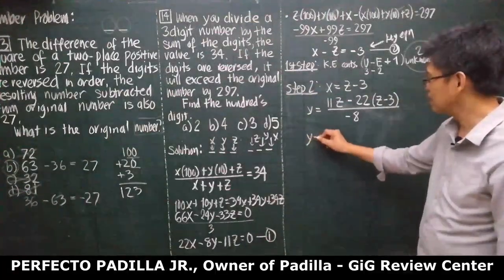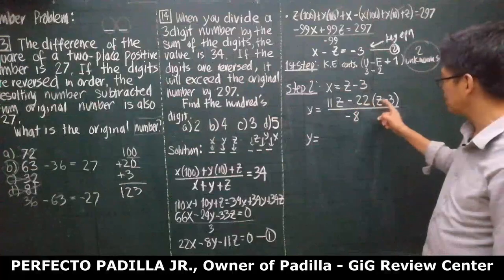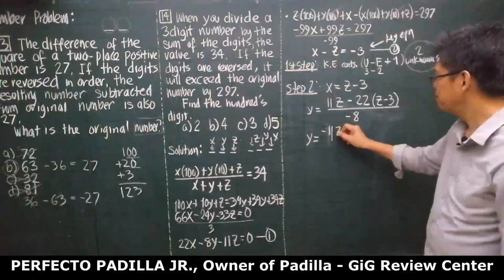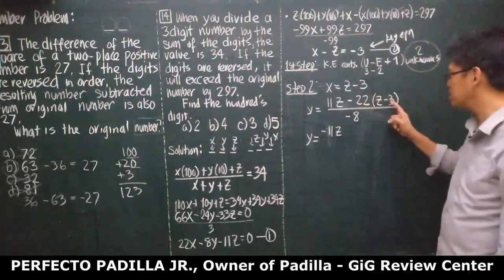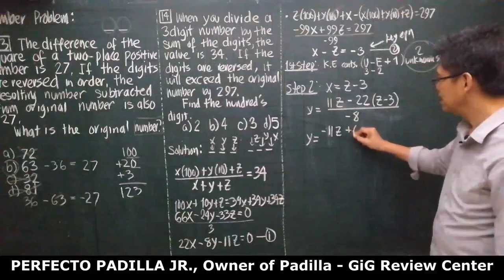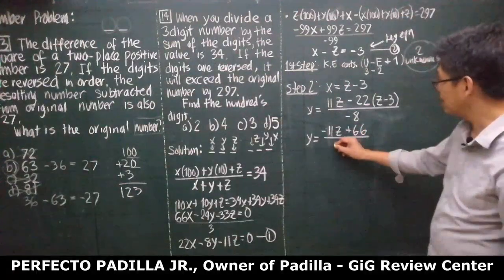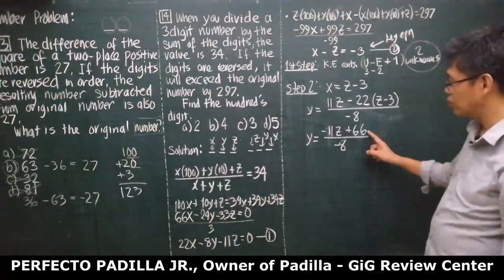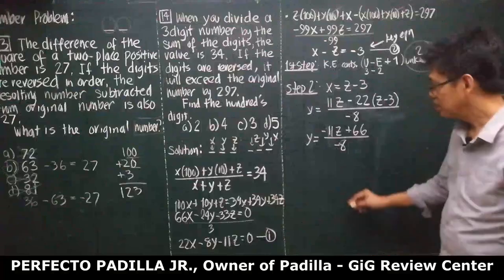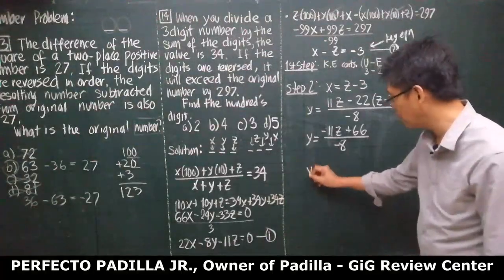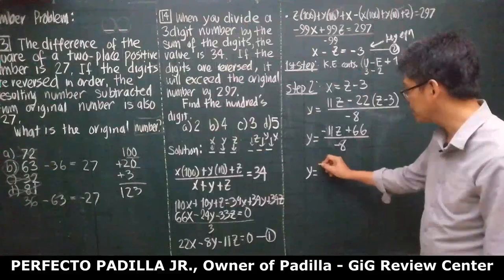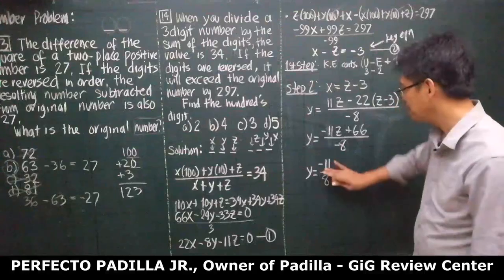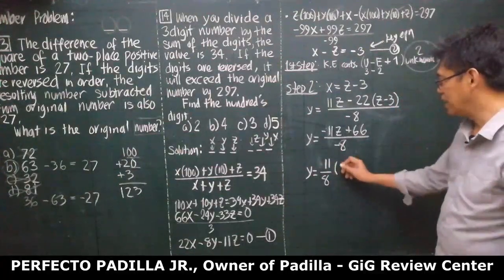Yung y natin is going to be 11z minus 22z minus 11z minus 22 times minus 3 plus 66 over negative 8, no? Kung ifa-factor out natin dito yung 11, yung y natin is going to be equal to minus 11 over minus 8, positive, no? Will be z